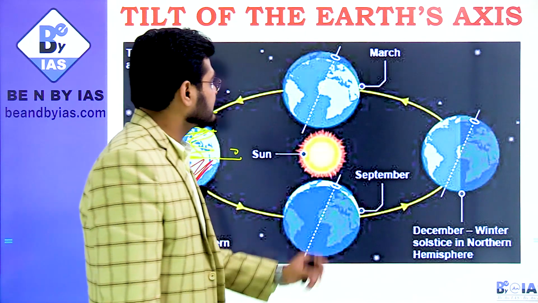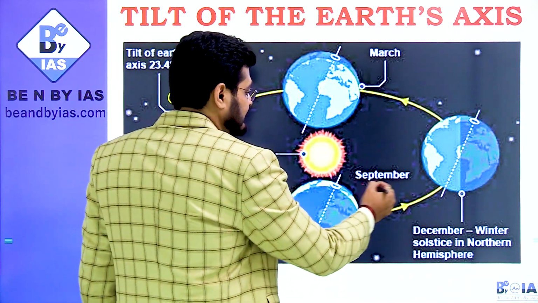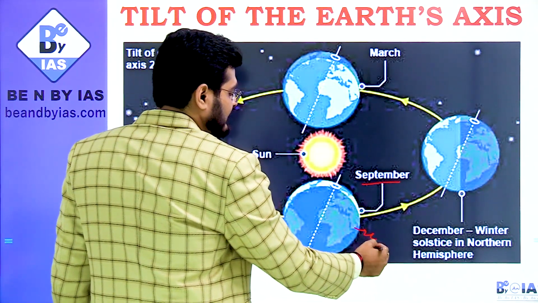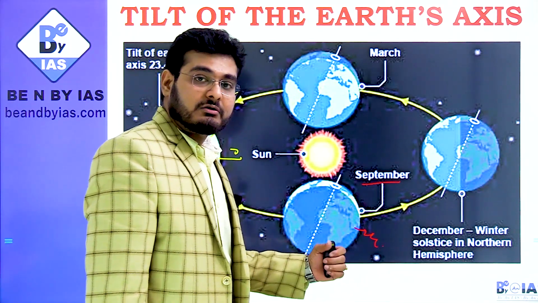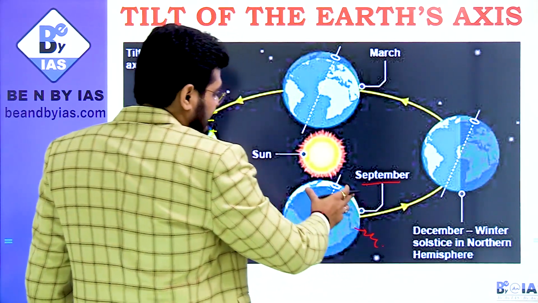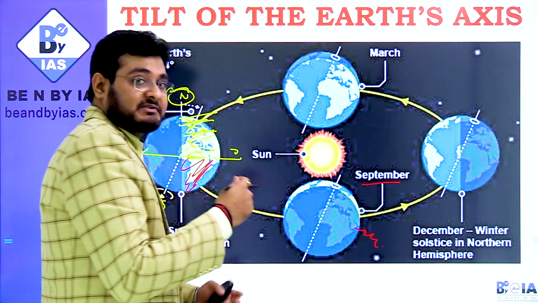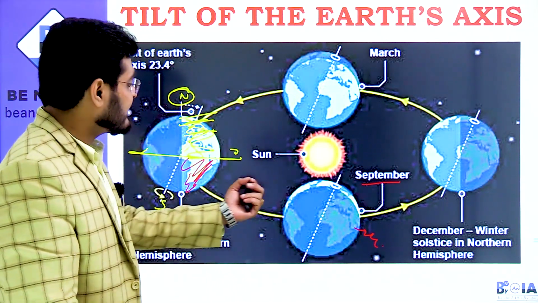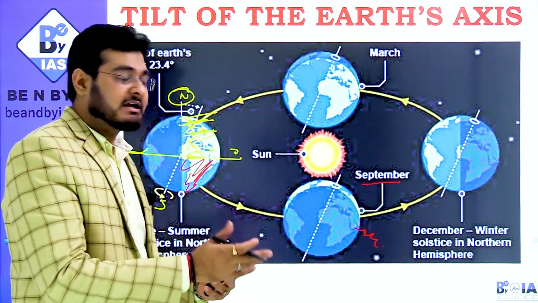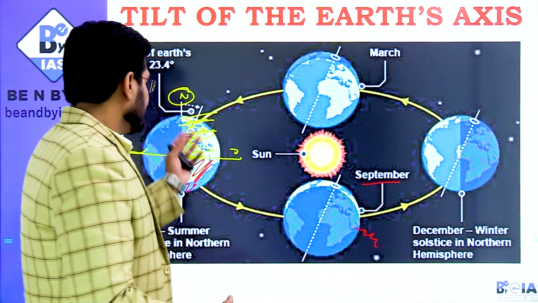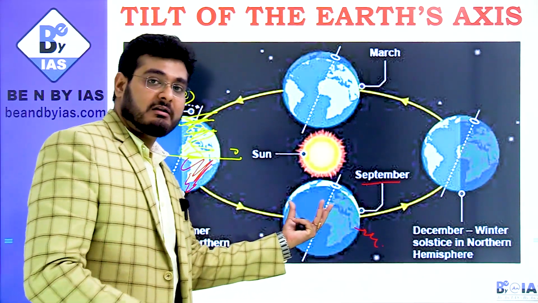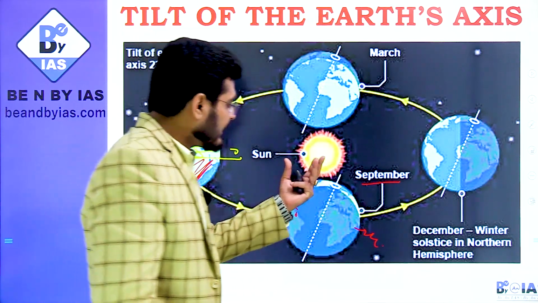Let's come to this area. This is in the month of September. This is called equinox. This is your autumn equinox. So in the month of September, again there is an equal amount of sunlight in the northern and southern hemisphere. This happens only for a day. It does not happen for a long time. It comes to this position, for one day it happens, and then again it moves